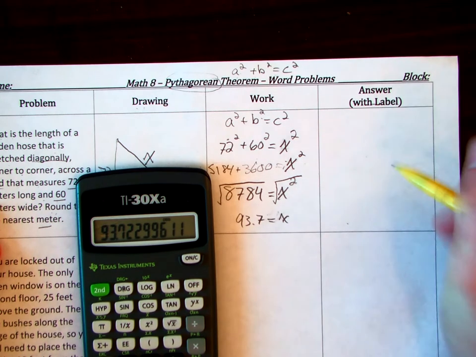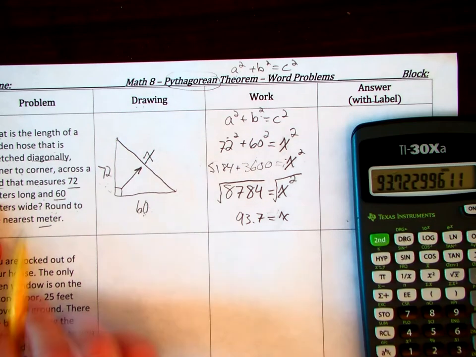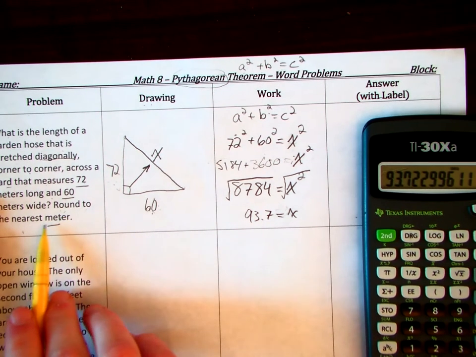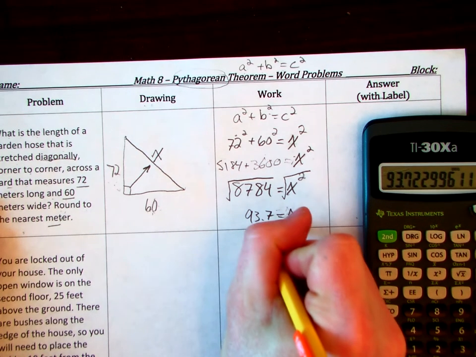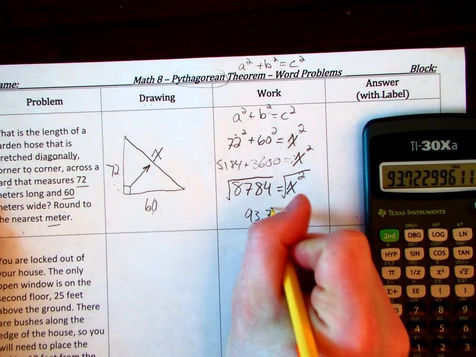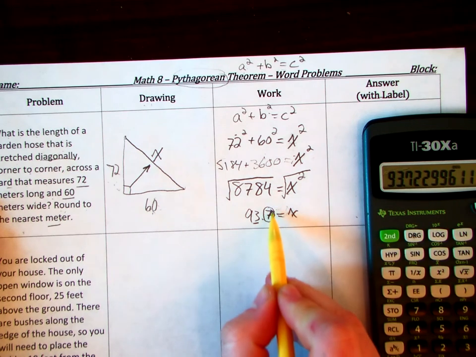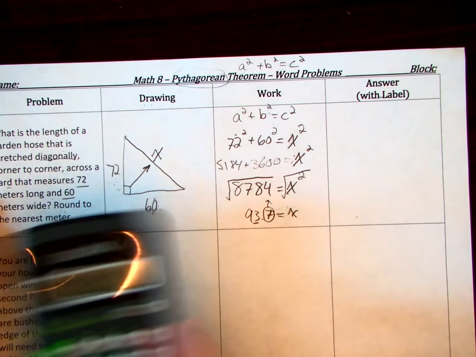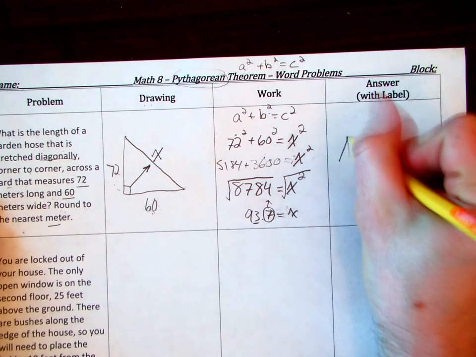is going to be 93.7. And you're probably wondering, why am I cutting it off right there? Well, it says round to the nearest meter. And when it says to the nearest meter, it's talking about that ones column. So we're going to underline the ones column and circle the next one to the right. So since it's 5 and above, we get a shove. And so we can say that our answer is going to be about